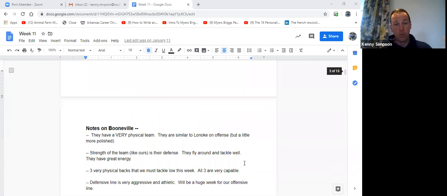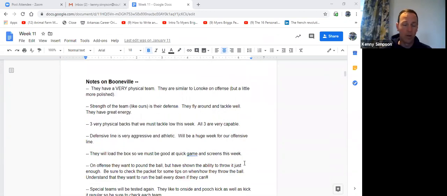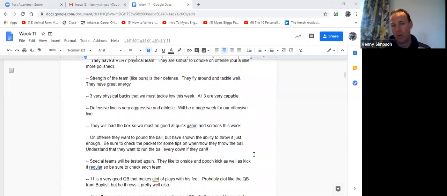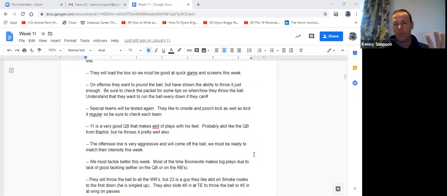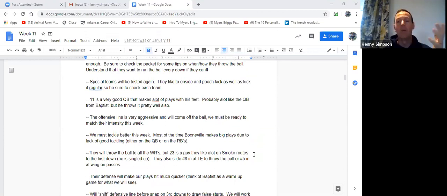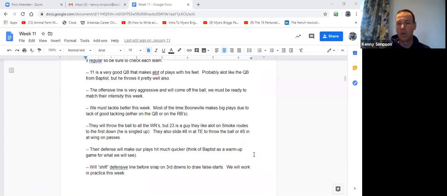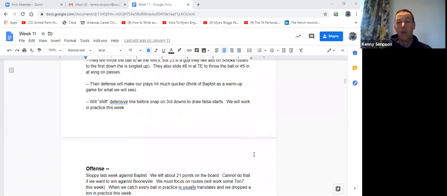And then I'll put notes. These are just things that I'll be doing as I'm breaking down the film. Just real quick notes on what they're doing, and general things in a way that a kid would understand, along with different things they want to do. A lot of times our kids don't really put a lot into this, but I'll meet with them and highlight certain things that I want them to know. So when I hand a packet out, it may be highlighted for a certain kid, what I want him to know.